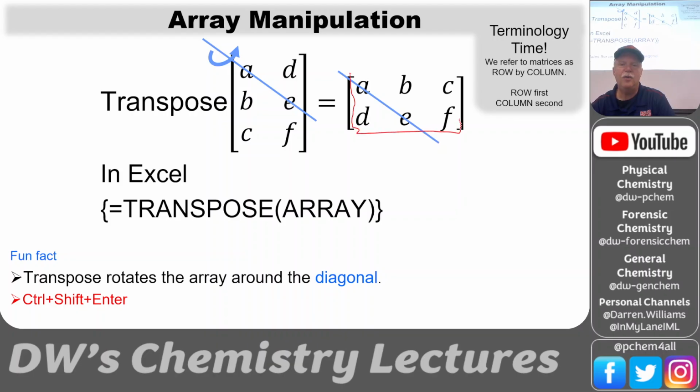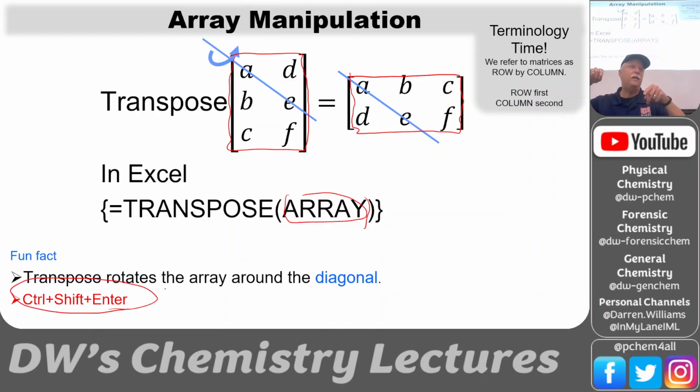So you got to know what the result is going to be. That's why it's important to know these facts. So if I take that data that's a 2-column set of data that's 3 rows down, I got to select 2 rows and go 3 columns over. So I select that whole area, and then I type in equals transpose, and when I open parenthesis here, I'm going to go with the mouse and select this whole area, what I'm transposing. And then close parenthesis, and then I hit the Control Shift Enter